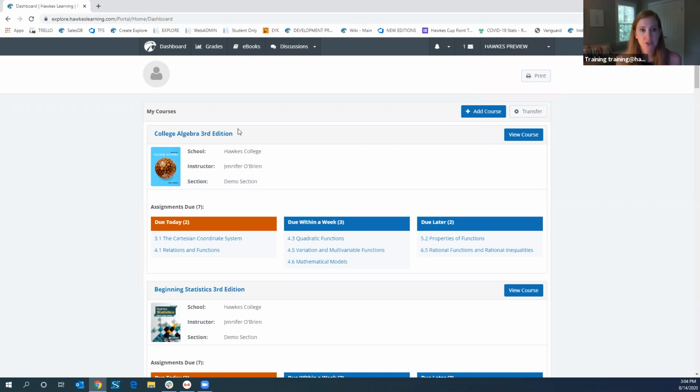So that brings us to the bulk of the student experience, as I mentioned, which is them actually working through the content you've assigned to them. I will see any courses I'm enrolled into here on my dashboard. And I will also see an overview of some upcoming assignments. So on this mini to-do list, I see what's due today, I see what's due this week, and then a snapshot of a few